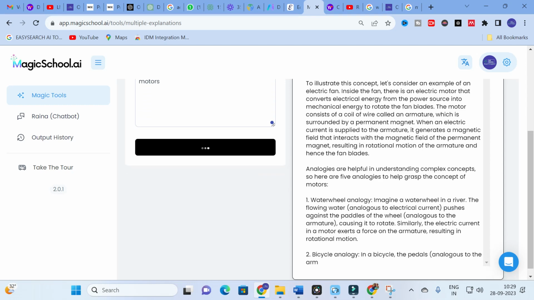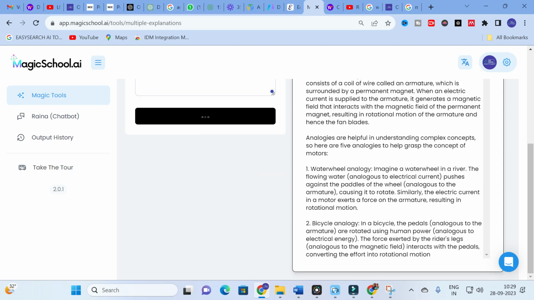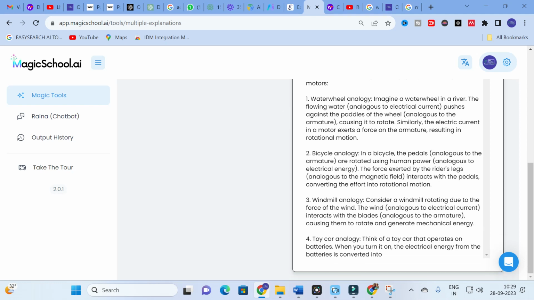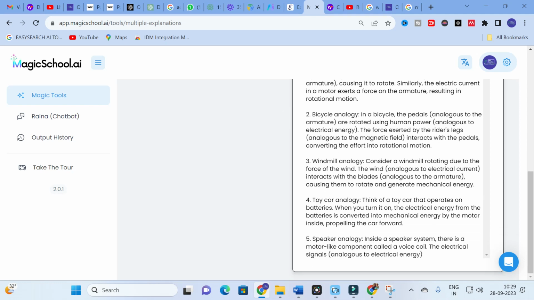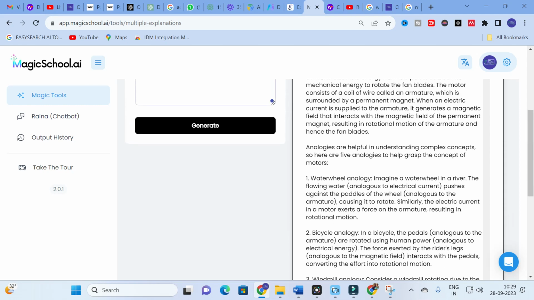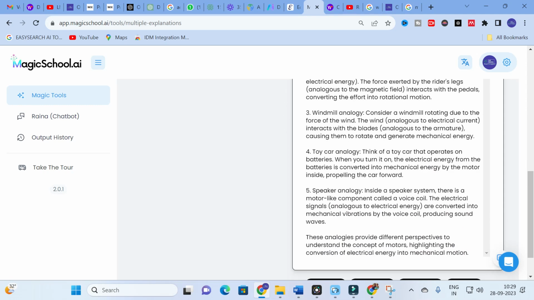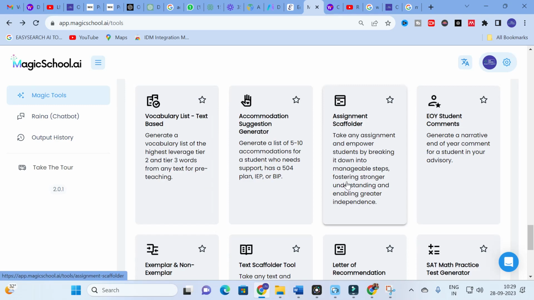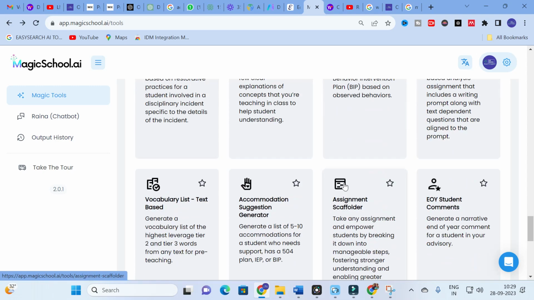So it says, illustrate this concept. Let us consider examples of converting electrical energy into mechanical energy. So like this, starting from that, it will give some examples. So different examples, and you will get an idea after checking it. Thus water wheel analogy, bike cycle analogy, windmill analogy for how a motor is operated. So you can get ideas to teach very easily for your students. So next one is that